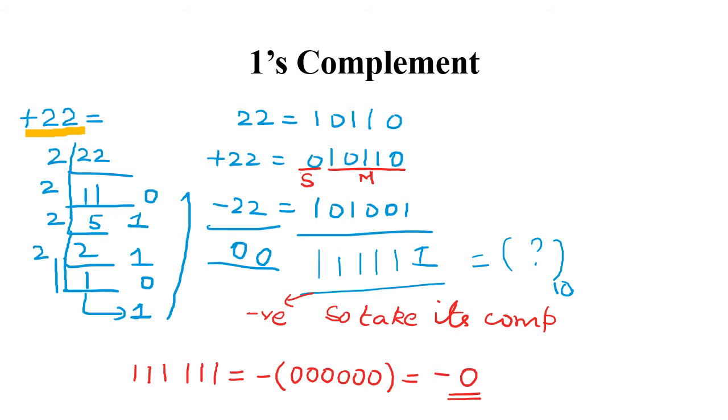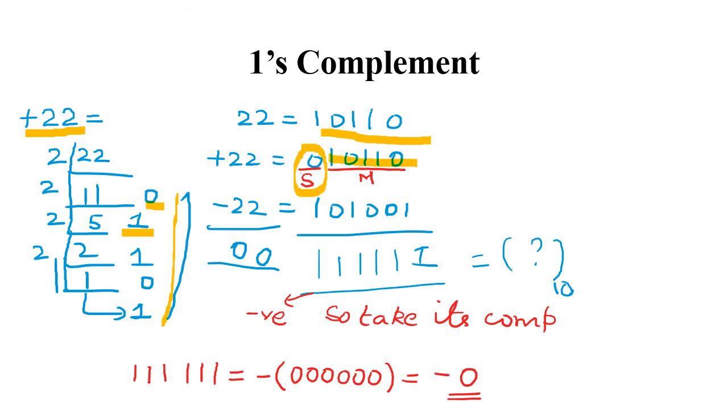Plus 22. You have to write its one's complement value. First find its binary equivalent by dividing it by 2. 22 by 2 is 11, remainder is 0, then again 2 5 10, remainder 1, and so on, and then you have to move from lower to upper side, that makes it 10110. This is the magnitude. Now plus 22 means you have to add a sign bit 0 for plus, and the remaining bits are its magnitude, that is